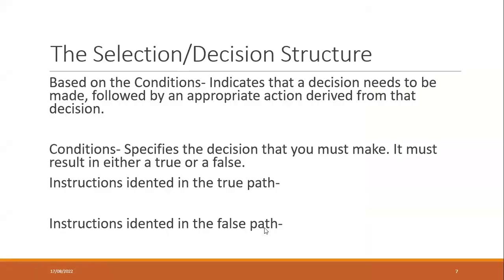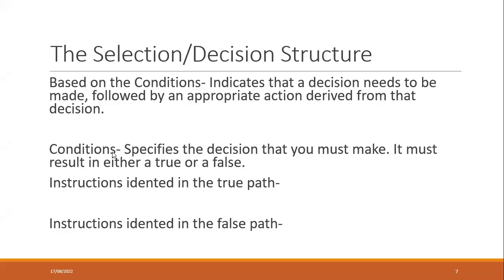Next, the second control structure. Yes, you can stop. So we will move on. The second control structure is the selection or decision structure. The name itself means that based on a condition, a decision needs to be made. Rather than just going step by step, in this structure you have to think and do the stuff. So that is selection and decision. You have to have some choices, right?